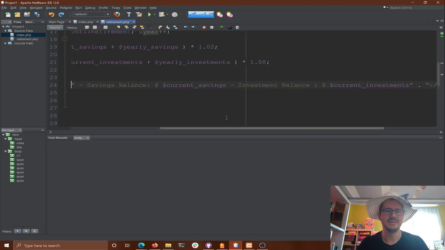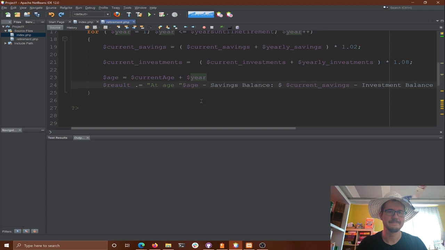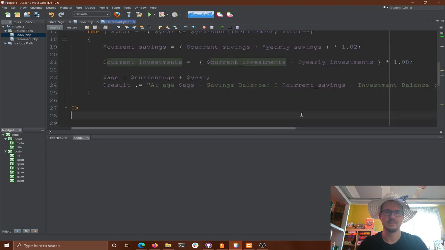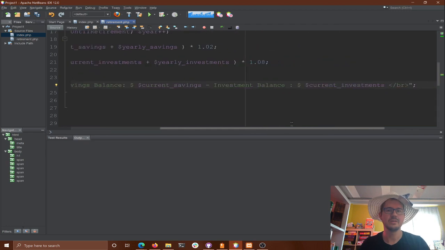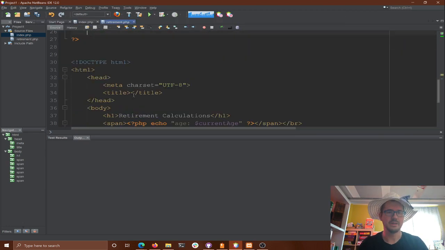That semicolon, that was sad. Undo it. Undo. Undo. Semicolon. There we go. BR. Okay. Now we can do it all in one line. Remember, the double quotes get you the interpolation, where it'll try and translate variables. Single quotes don't do that. So let's see if this works for us now then, and then we can spit out result.